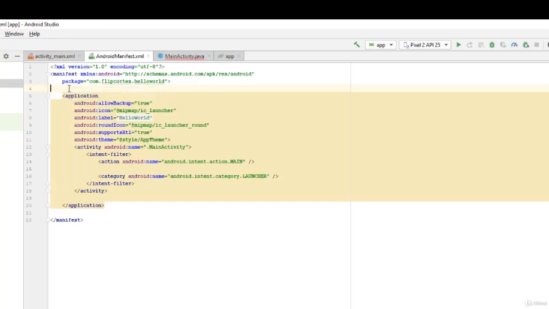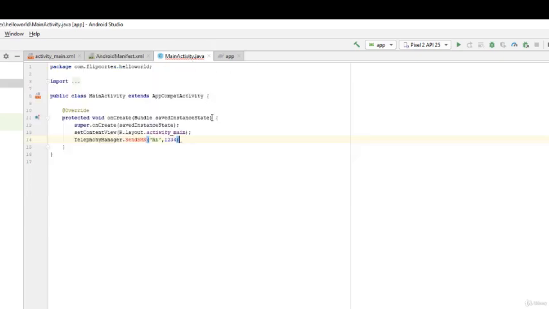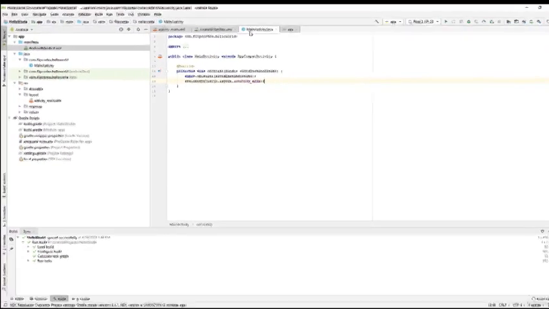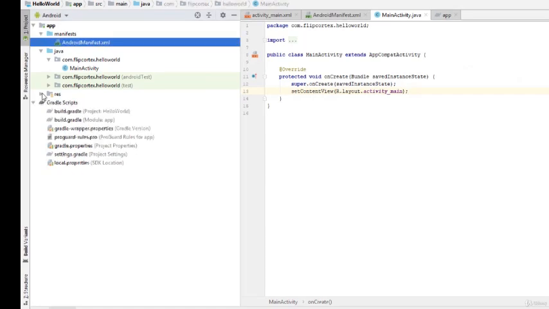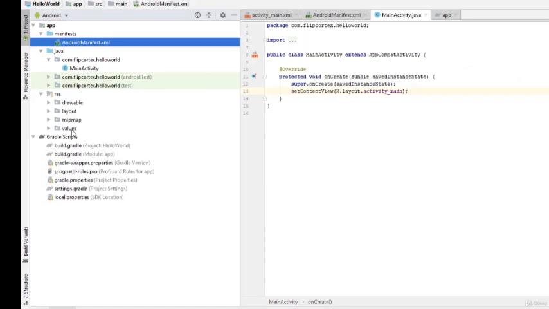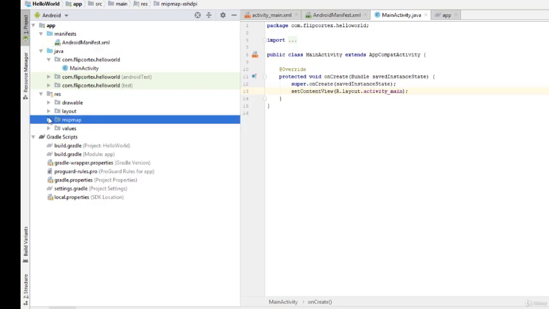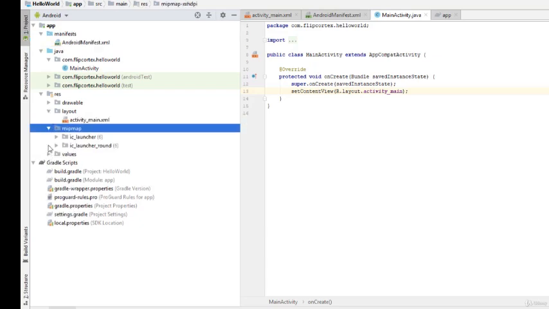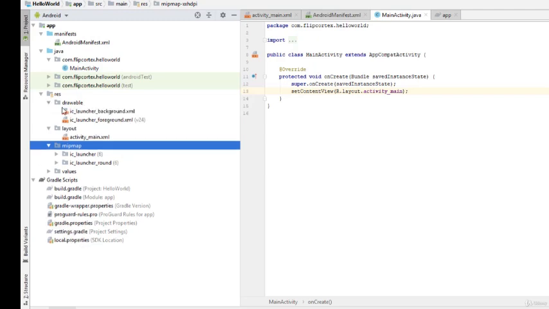This will not work unless we define the permission over here in the manifest, saying this app can send SMSs. We'll show you how to do that later on in the course. Okay, so we have the activity, the layout, and the manifest. We also have the resources directory. Any resources that are to be included in the app, be it XML files, strings, or images, these should be placed in the resources directory.